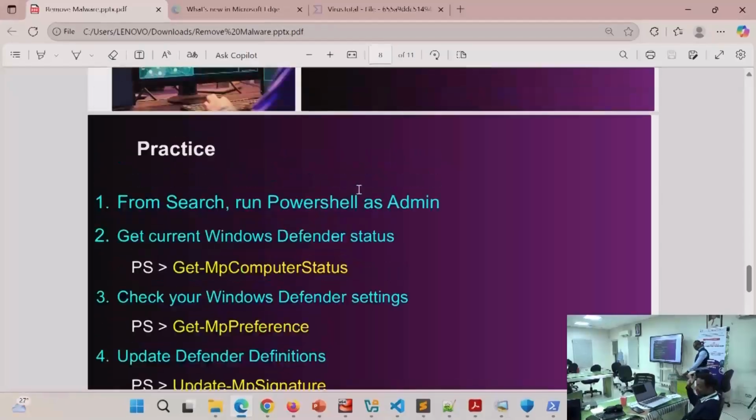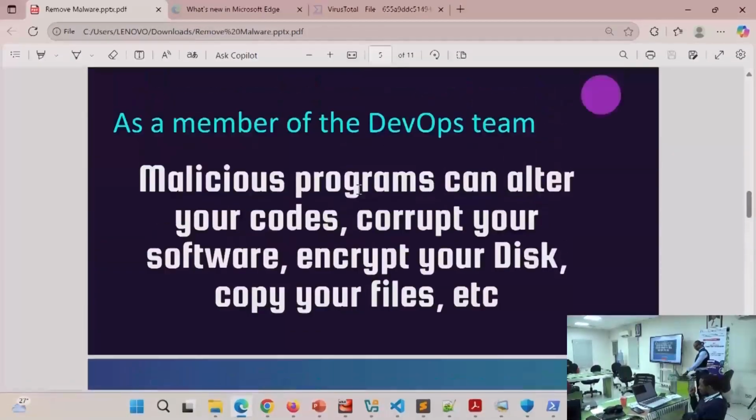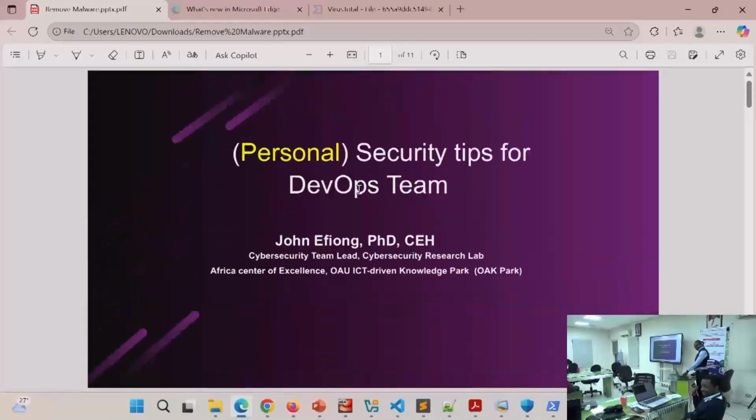If I'm to speak the mind of the majority of the physical participants and even online participants, I think we've learned one or two things today. Am I speaking our mind? Even though we want it to continue, a lot of people are interested in, we all want to be hackers. That's the truth. We all want to be hackers. We want to know, even though we do not have plans to harm people, we want to really know what is going on in order to